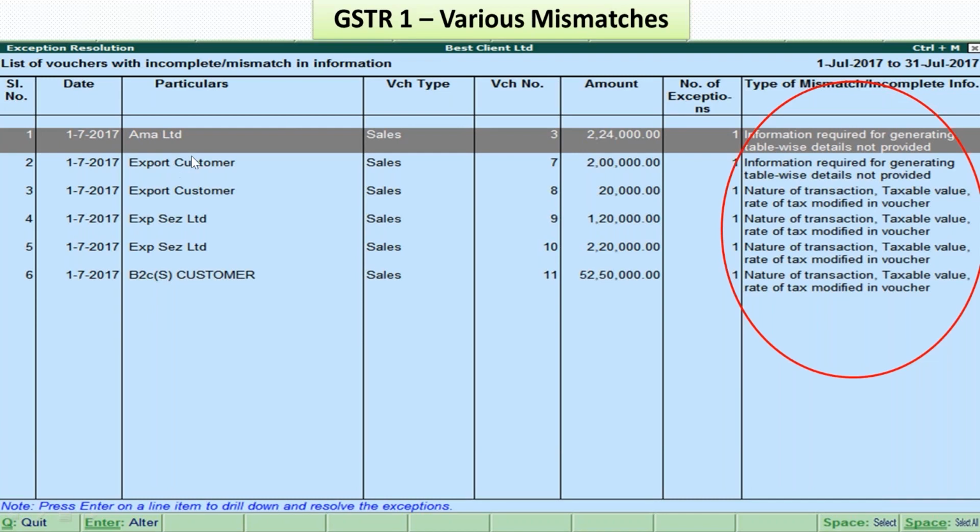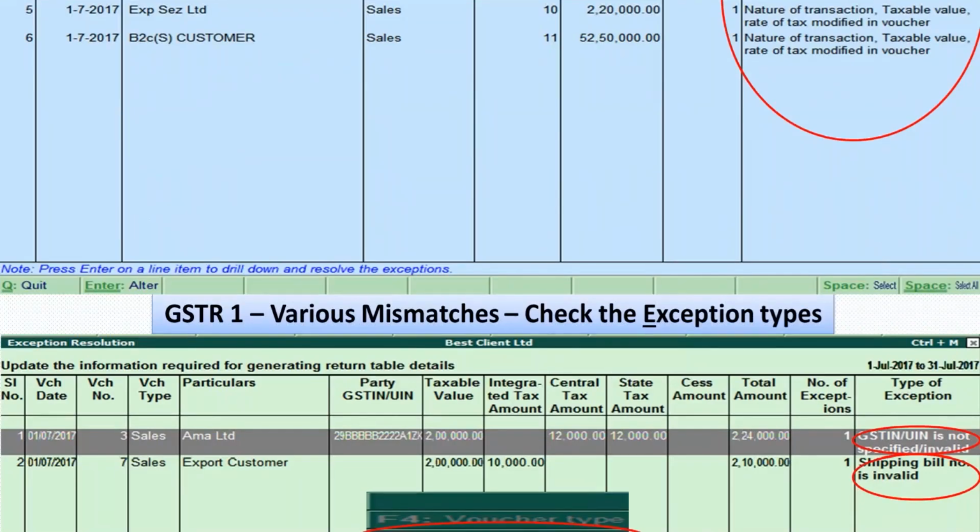It is an export customer, probably I have not filled in the shipping bill number, shipping bill details, port code, etc. And in the other 4 cases, for an intrastate transaction I might have put IGST, or for an interstate transaction I might have put CGST, SGST. Likewise, these could be the various errors which are coming in.